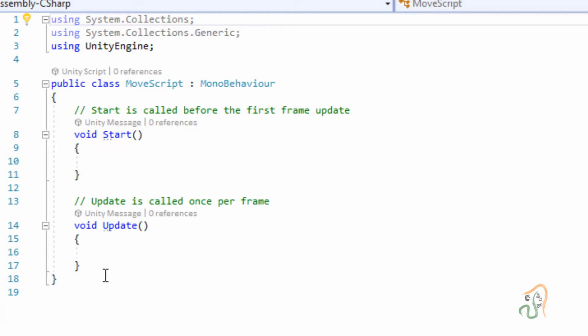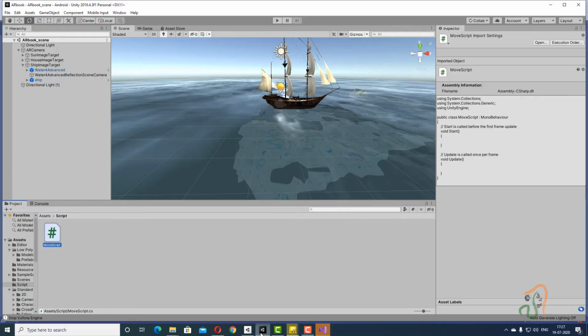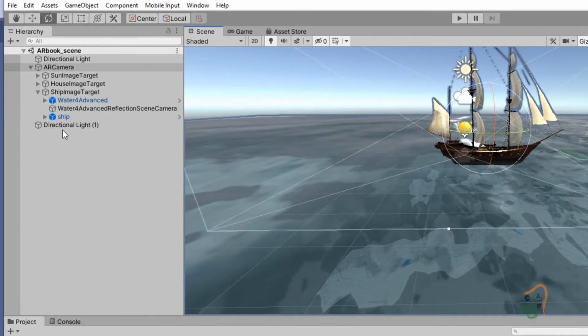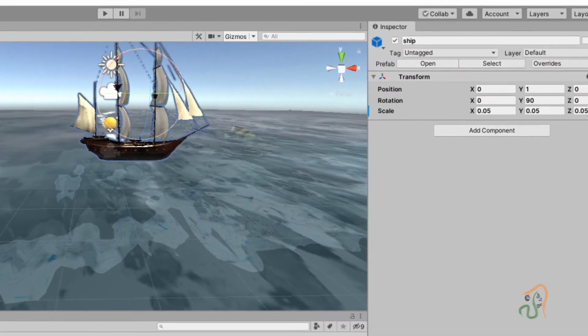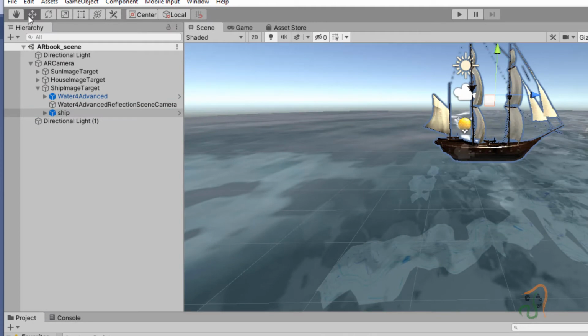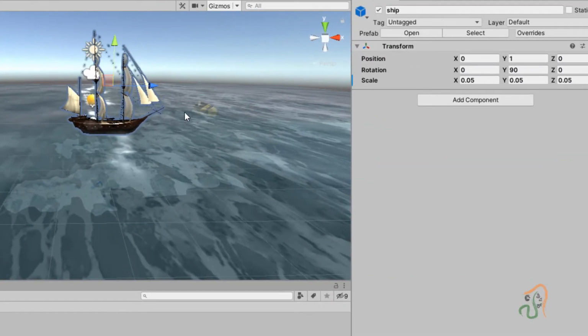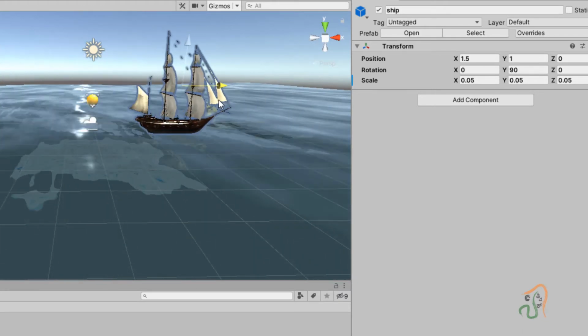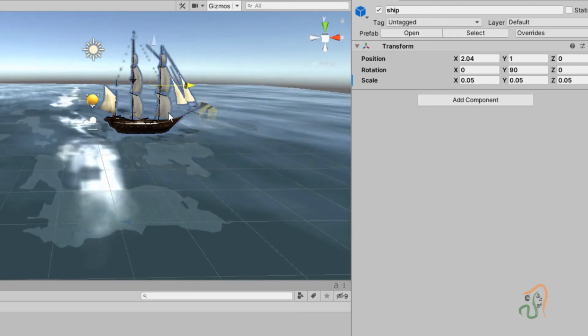Before we write the script, let us come back here to Unity. What we want right now is, we have the ship here. Select the ship, and select the move tool here. You can see this is the ship, and we want the ship to move in this direction.